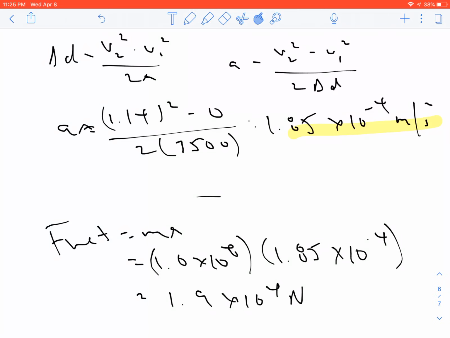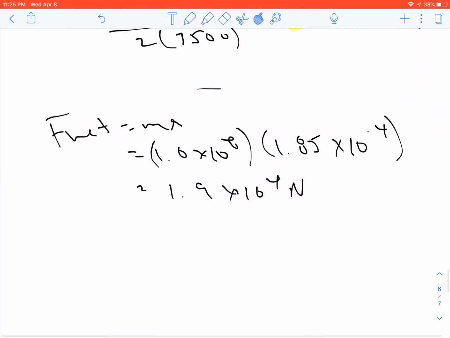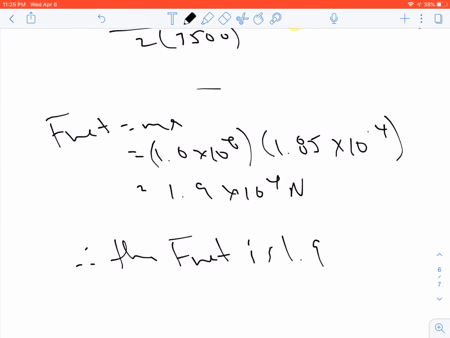All right, so my phrase now, therefore the F net is 1.9 times 10 to the power of 4 newtons. Okay, so like I said, I really like Newton's second law. I find it's very straightforward. It's just F equals ma, F equals ma, F equals ma. We may need to still be using some of the tools from chapters 1 and